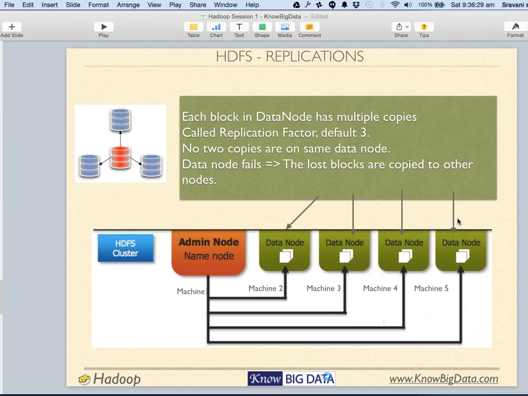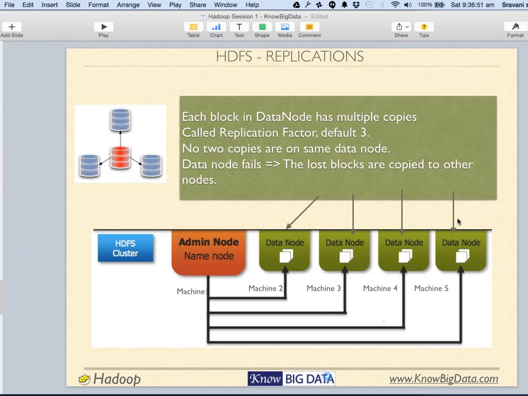No two replicas of a block will be stored on the same machine, and the reason is, in case that machine goes down, both the replicas will go down. That defeats the purpose of having a backup. It's like saying I'll keep the backup copy of my data on the same machine, right? We should not.